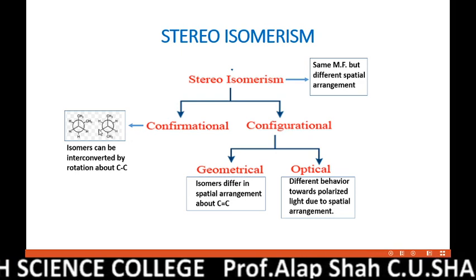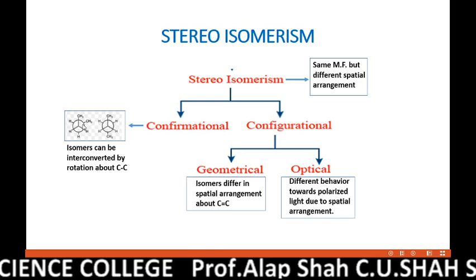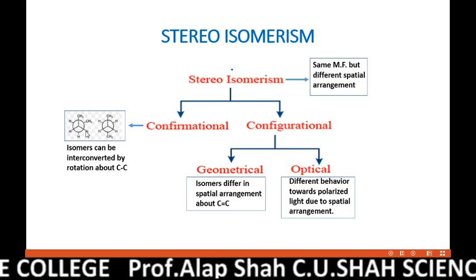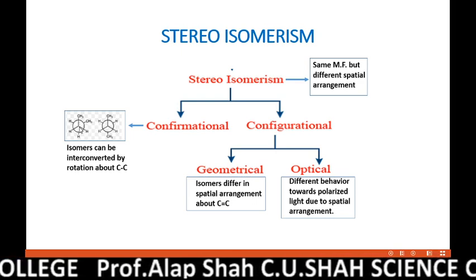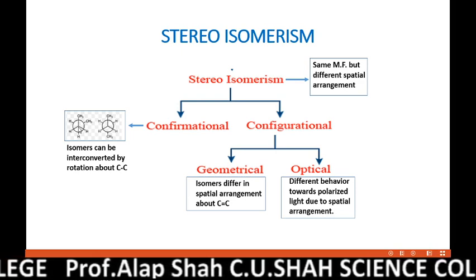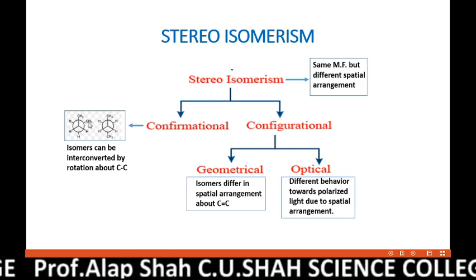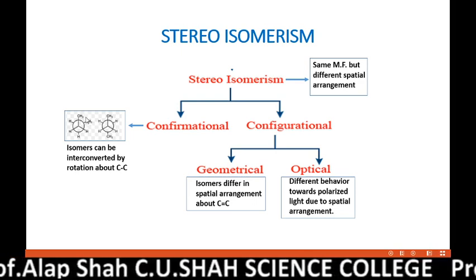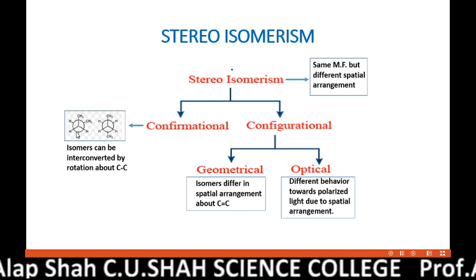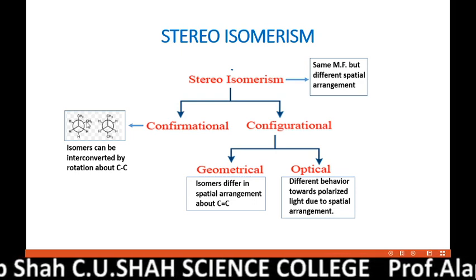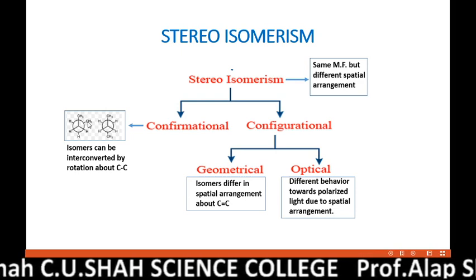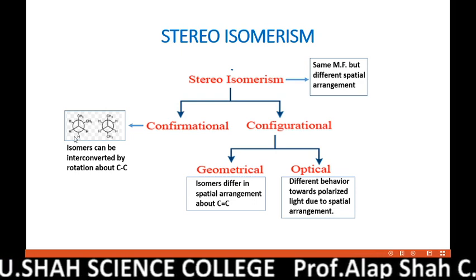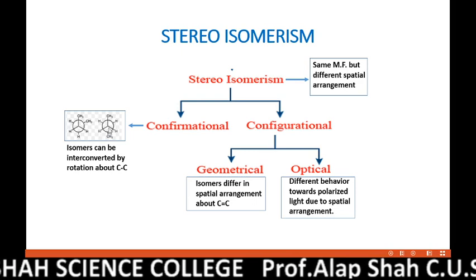Here you can see both isomers are of normal butane, shown as a Newman projection. The molecule has 4 carbons, this is the first one, this is the second one. After the second carbon, the third carbon is there, and this is the fourth carbon. The mutual bond angle between the two methyl groups is 60 degrees here. If you keep the front carbon as it is and rotate the rear carbon 120 degrees, this methyl group is shifted to this position, and this hydrogen is shifted over here. As a result, we get this one.